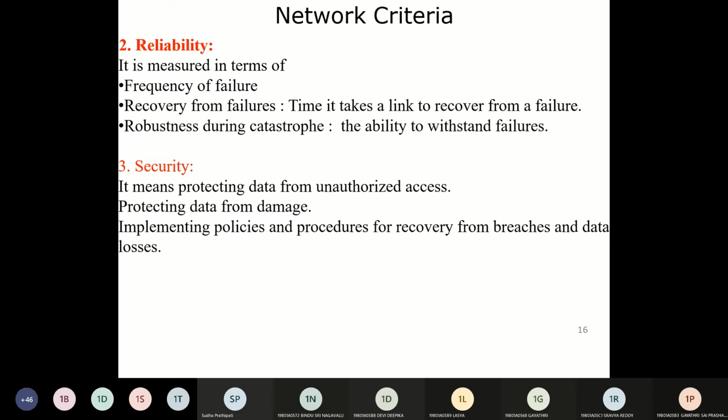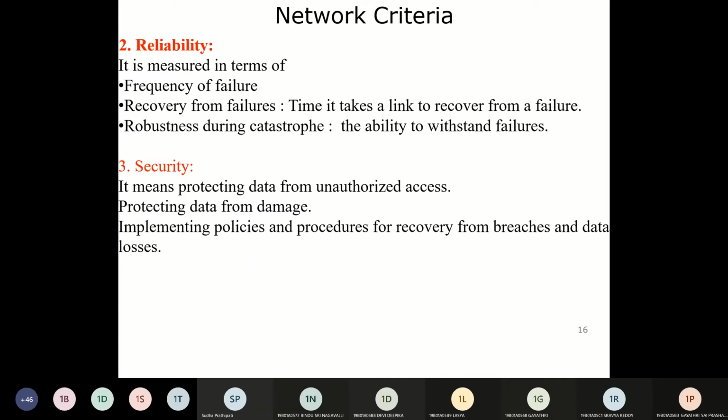So that is one of the very important criteria of the network, which is again a special stream in computer networks. Network security is again a very big stream of study. You can also take it up as your master's stream. Okay, fine. And protecting data from damage: I already told you, one of the points we discussed is that the accuracy of the data needs to be there. So the data should not be damaged. It can be because of the intruders, or it can be because of the devices also, the data can change. So that thing should not happen.